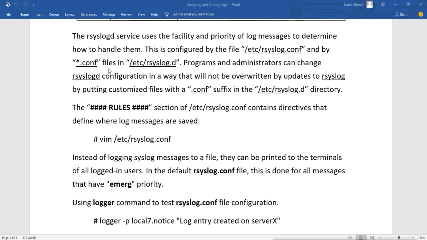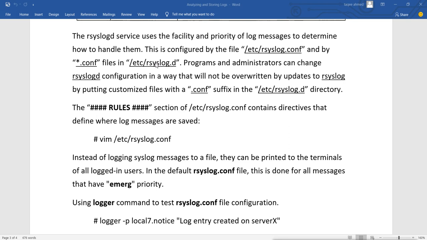Either we can manage it from this main configuration file, rsyslog.conf, like which facility and which priority logs will go to which file, or we can manage the files within the rsyslog.d directory.